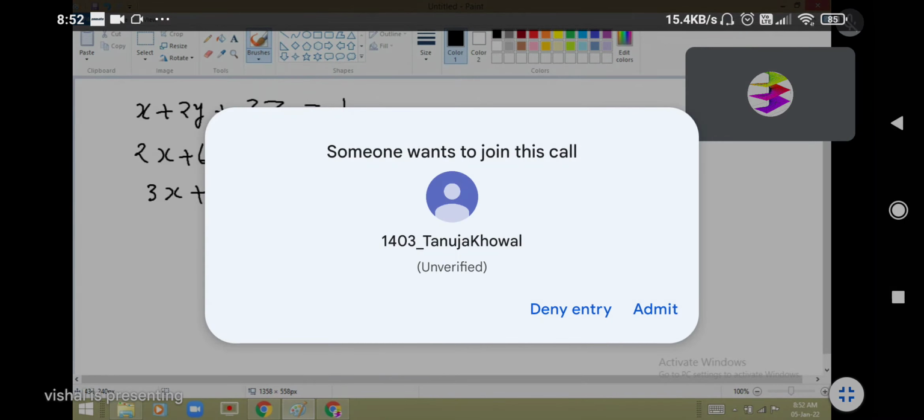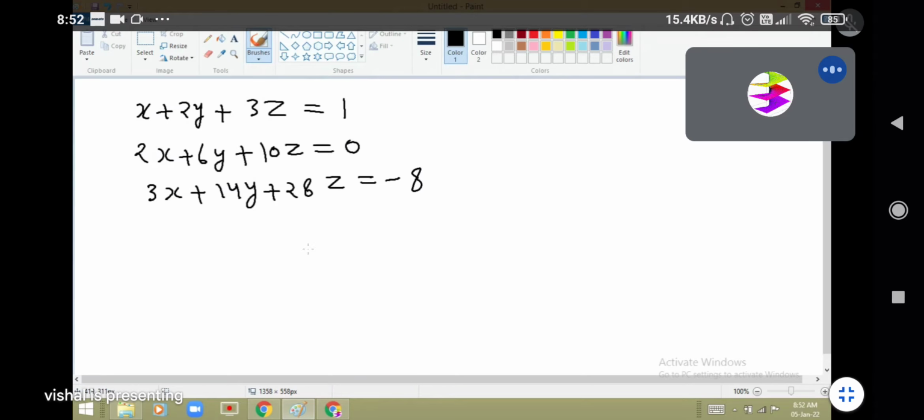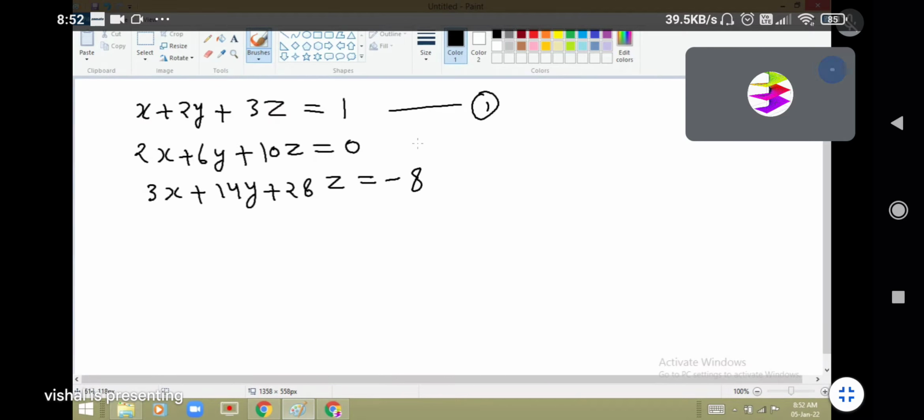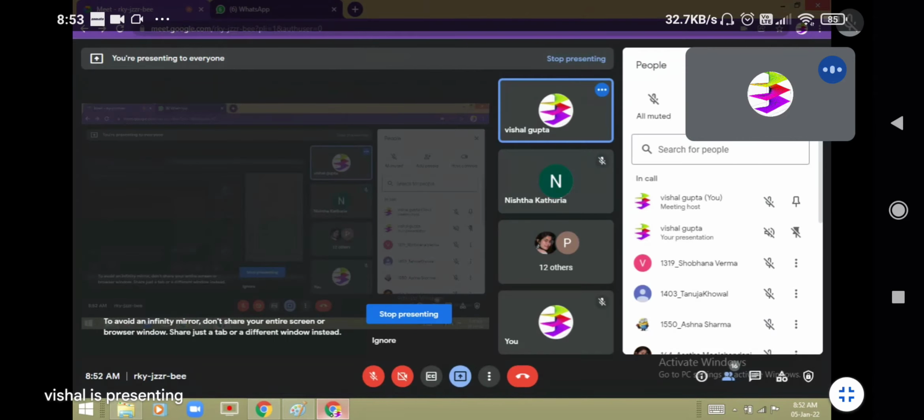Before starting Gaussian elimination method, I just want to know, if I gave you this system of linear equations to solve, the method to solve this kind of system you already know from your 12th class. So please tell me one. Any? Tanuja,